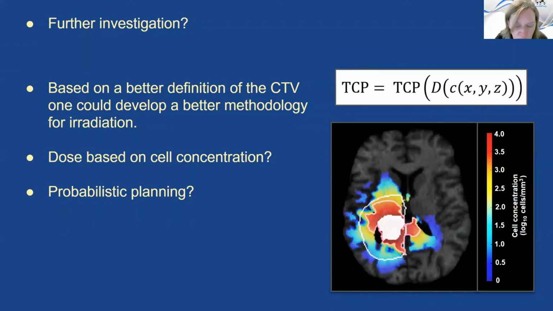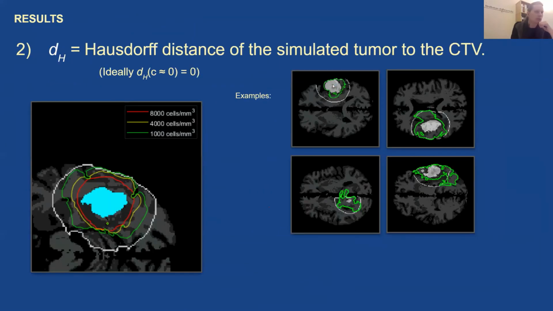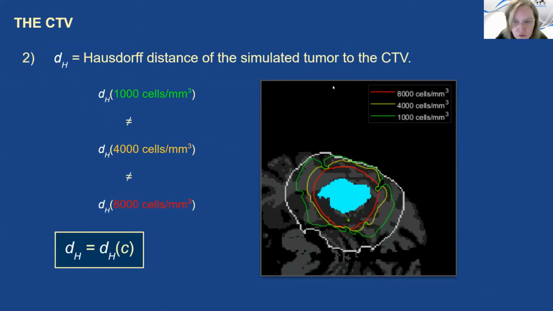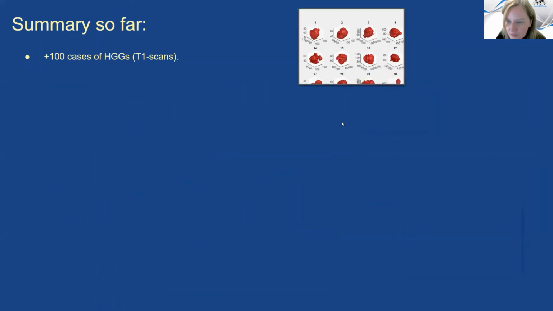Now, in your growth model, you start with a certain number of cells, n0. How do you determine where to locate this n0 within your segmented GTV? Will this affect when to stop the simulation and how well it will conform to the true GTV? Yes, that's an excellent question.